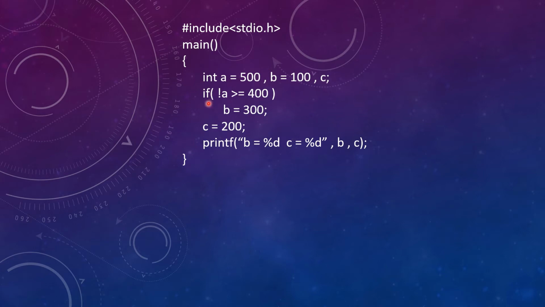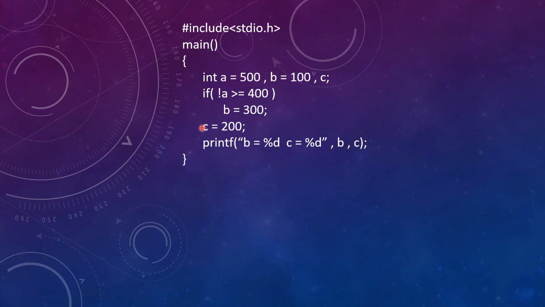Okay, fine. Then we are having an if condition, and the condition is not of A is greater than equals to 400. So if this condition is true, then we will be executing this line, right? Because we know without braces, any block of if or while or for or switch case, anything, by default their body is of one line without any curly braces. Got it? Correct. Now then we are having C equals to 200, and then at last we are printing the values of B and C. Okay, so this is how the question works.